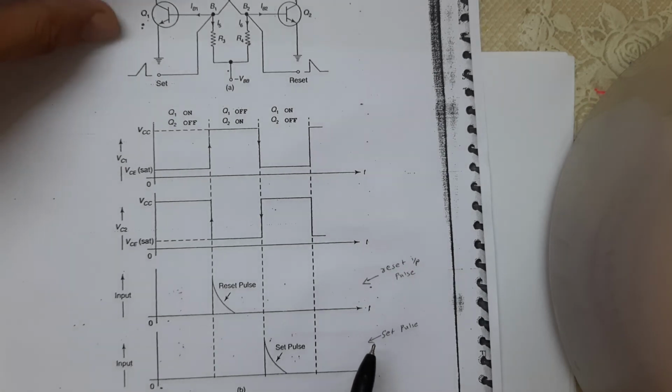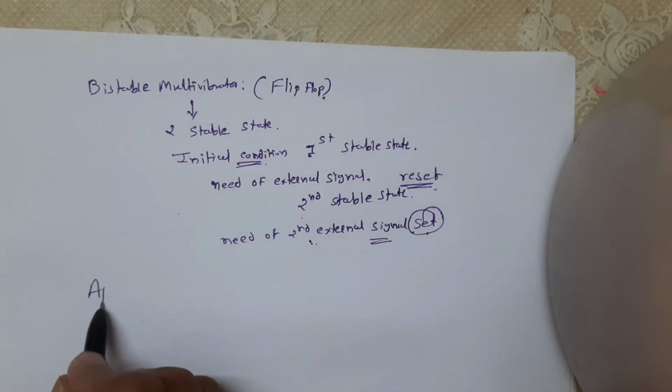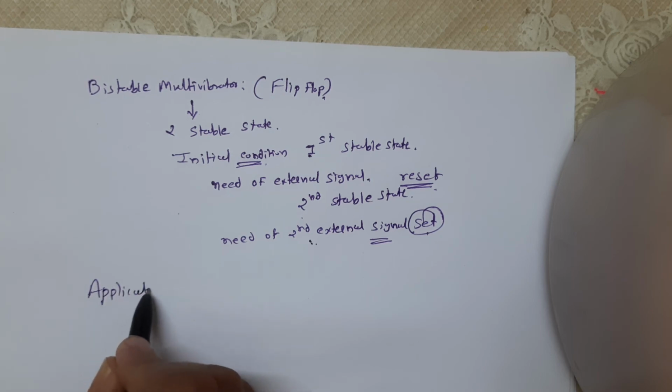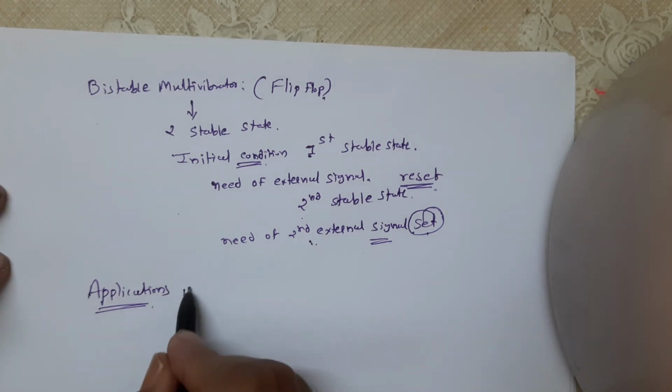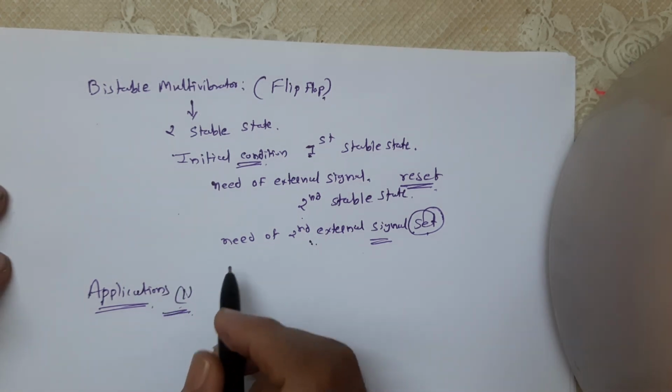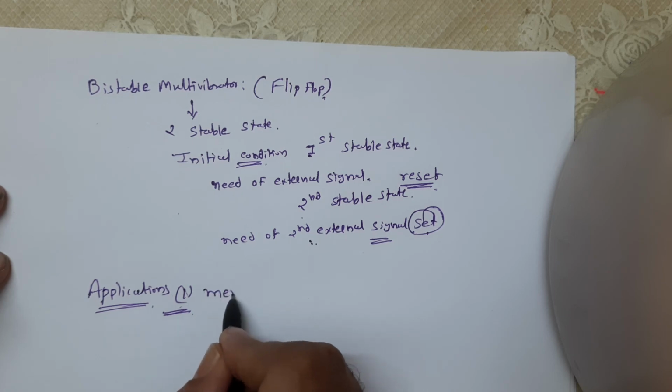The last thing we are discussing here is the applications of the bistable multivibrator. So the first application, the bistable multivibrator is used as a memory element